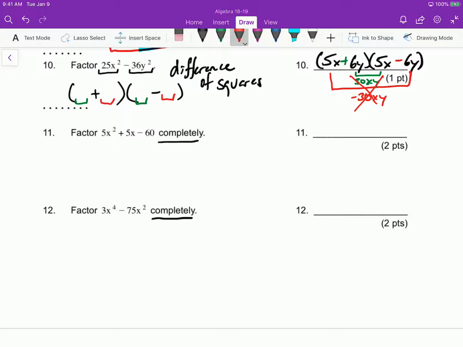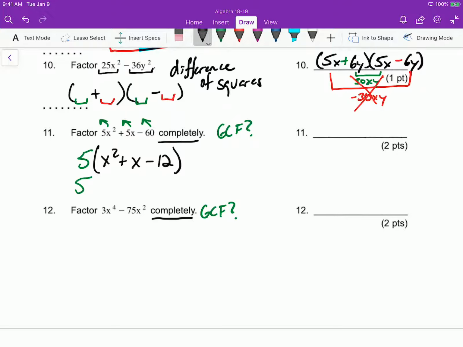Okay, factoring completely, code for more than one step. Step 1, you always need to ask yourself, is there a GCF? First thing you ask, is there a GCF? We've got to ask that first. Well, if I look at these, I notice actually I could take out 5 from each. However, I would still have x squared plus 1x minus 12. All right, and then I'm looking at those, and I'm like, wait a second. I still got this 5 out here. Don't forget that 5, but my leftovers are a